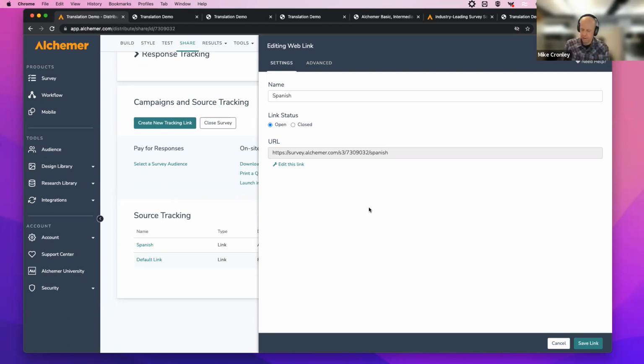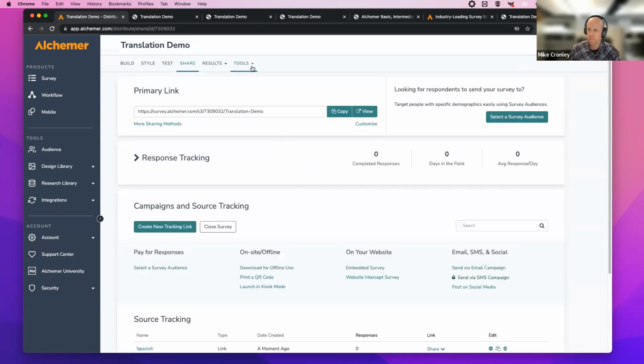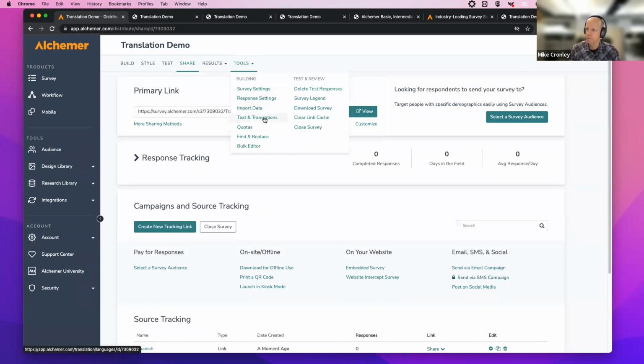It should. I don't have enough firsthand experience with a different language, but the tech behind the scenes should show the appropriate language by default. And that's in this very beginning step of text and translations.